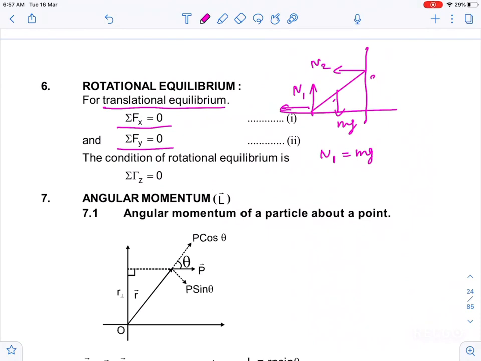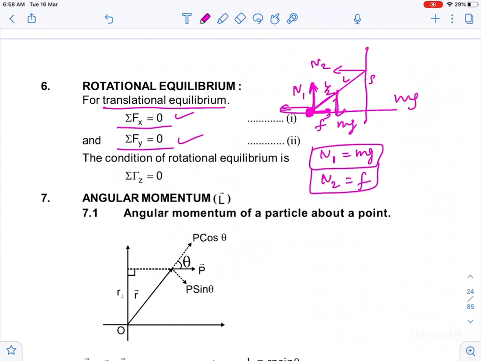If they are smooth, but suppose guys, if this is smooth and there is friction, so friction will act in this direction, f. So for translational equilibrium you can write this along the x-axis and y-axis. So this I have written. And for rotational equilibrium, you have to take torque about this point. If you take torque about this point, the torque of friction will be 0, the torque of normal will be 0, and the torque of mg you can write as mg into this distance.